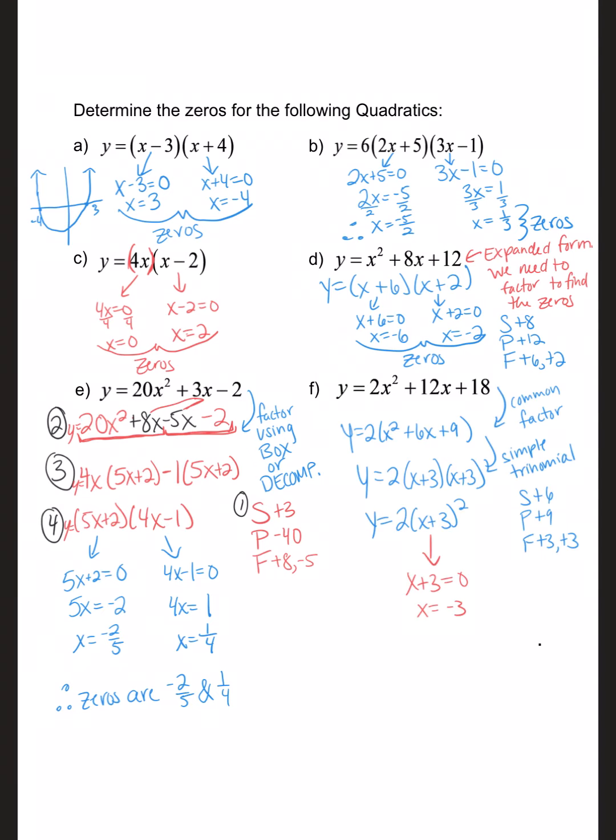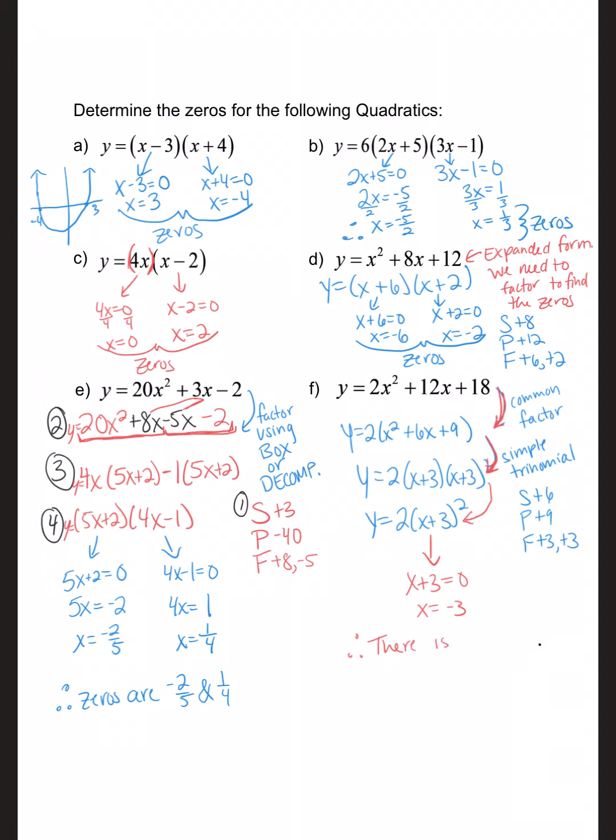Okay, so when we factored it, we should have been able to common factor out a 2. And then after we common factored out a 2, hopefully we could see we had a simple trinomial. So we could factor that using SPF, which is what we did in that second line. You should find that you get y equals 2 times x plus 3 times x plus 3, which we can then write as 2 times x plus 3 squared. So we really only have one unique bracket that we have to solve for x. So we'll take that x plus 3 equal to 0, and then we'll solve for x. So we can say, therefore,